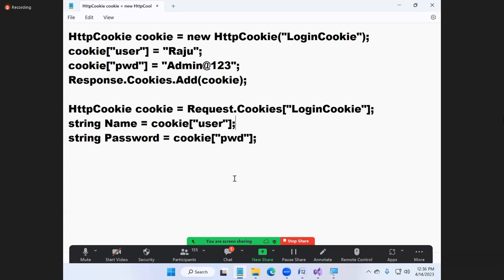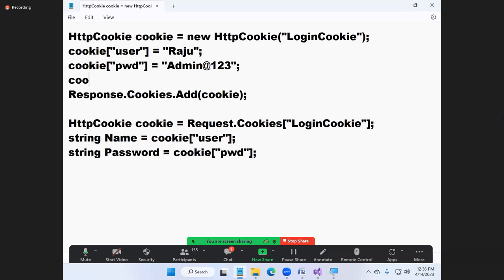How, sir? If you want to make your cookie persisted, you need to write cookie.expires equals and assign a date and time until when you want the cookie to be on the hard disk. Say I want the cookie stored for 30 days. After 30 days, the cookie should not be there. Sometimes on some websites, even though you say stay signed in, after some days it will again ask you to enter username and password. What is the meaning? The cookie got expired. That's why it asks for username and password again.